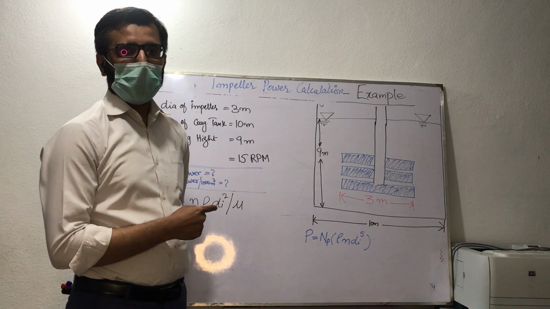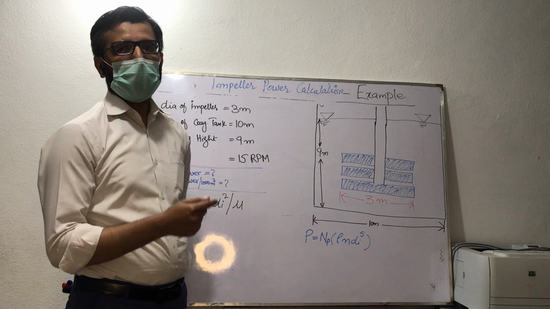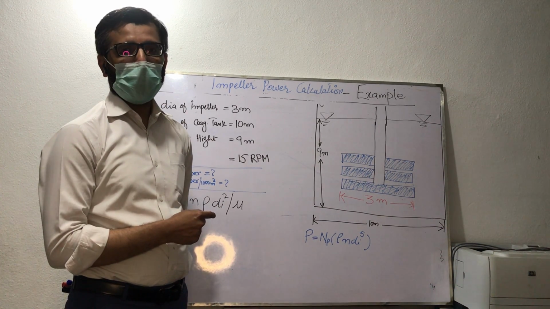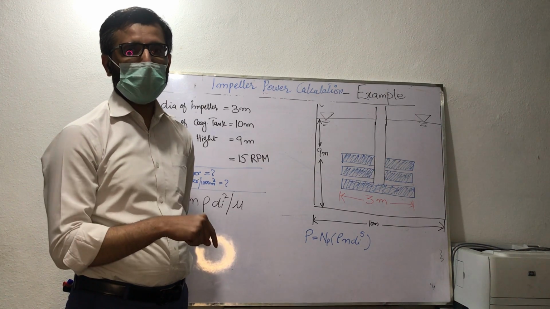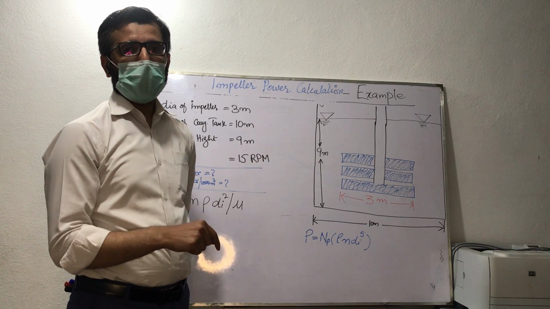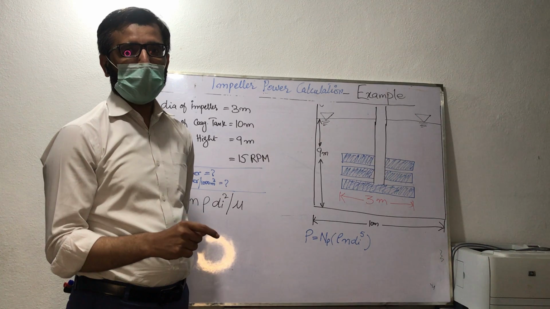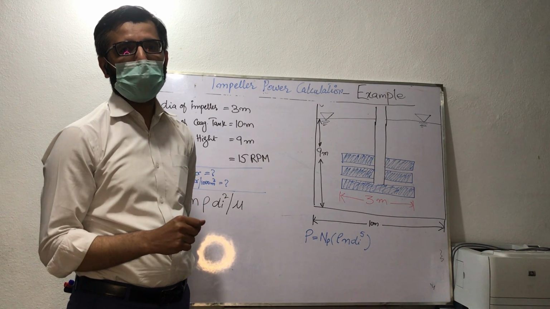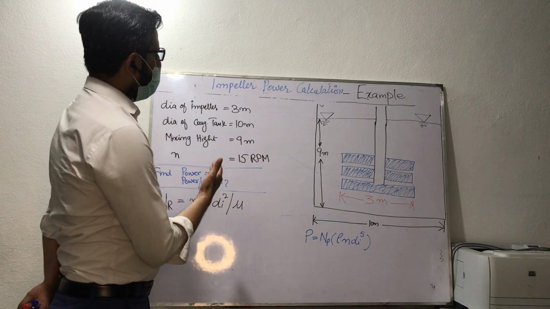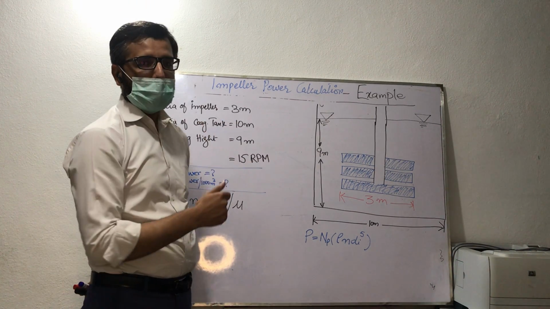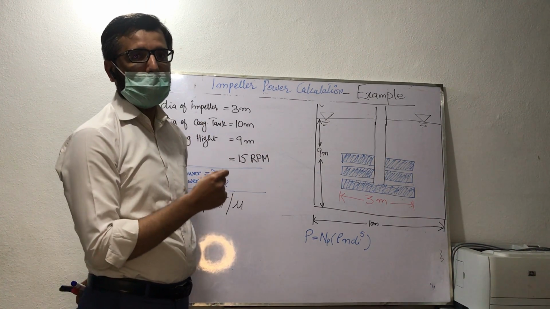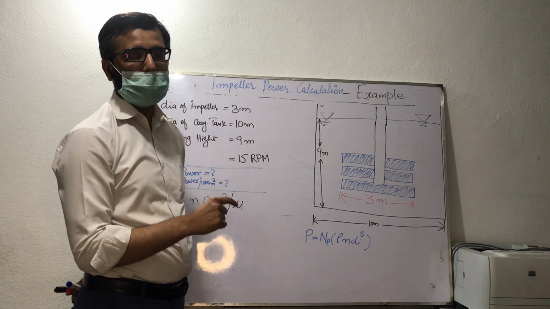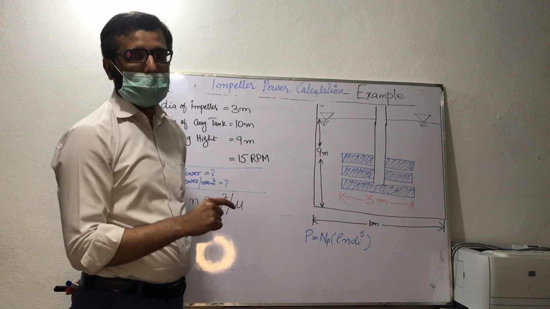We would be designing the impeller as well as calculating the power requirement of that impeller inside the coagulation chamber, so that we can optimize our values regarding the operational cost of that portion of our water treatment plant. Here we can see a figure as well. This figure shows the impeller which has been dipped inside a coagulation chamber.